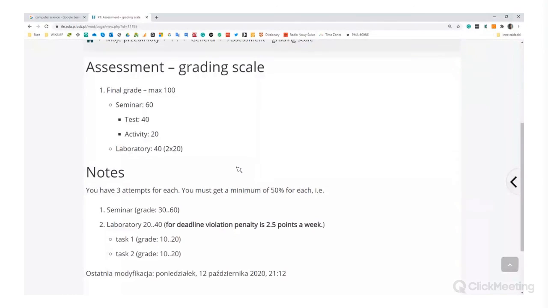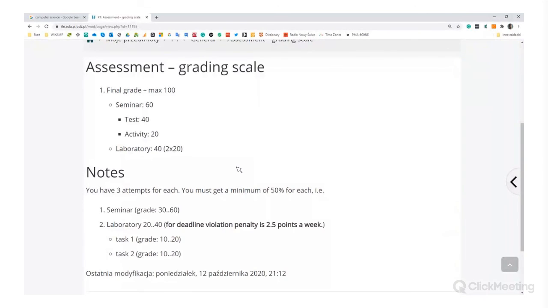I'll try to use this chat. I'm not sure how it works, but I will try to use this chat to provide you additional scores. So be prepared for the next lessons. We have an agenda for the lessons, so we can know in advance what we are going to talk about, and you can use any sources to get answers to these questions, to get points, because 20 points